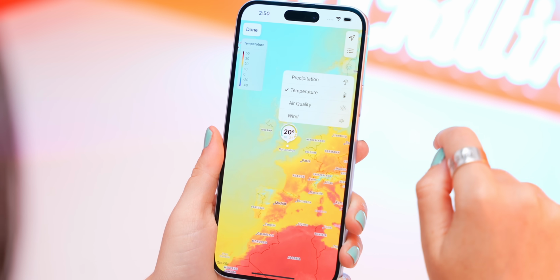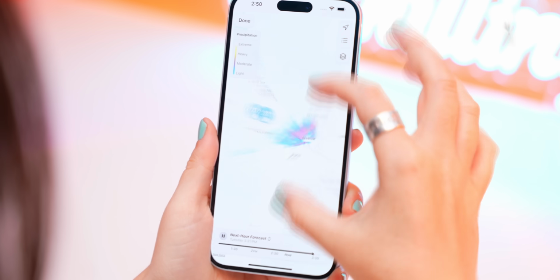And there is even rain, so it'll show you exactly where in the globe it's currently raining and also how